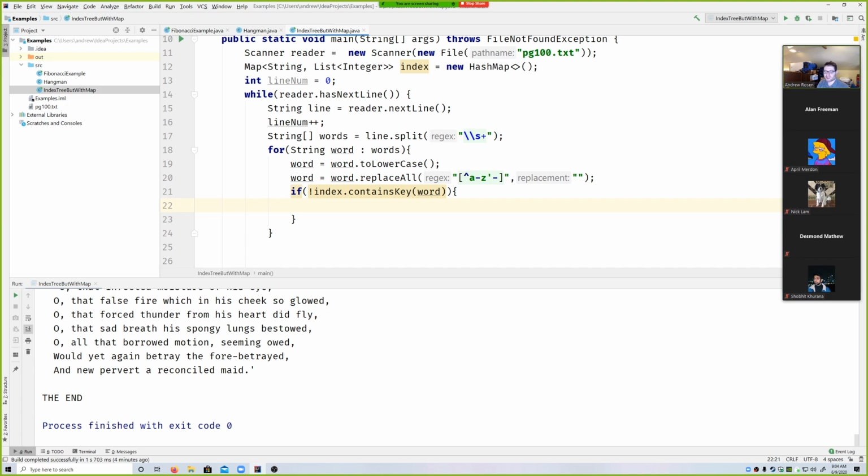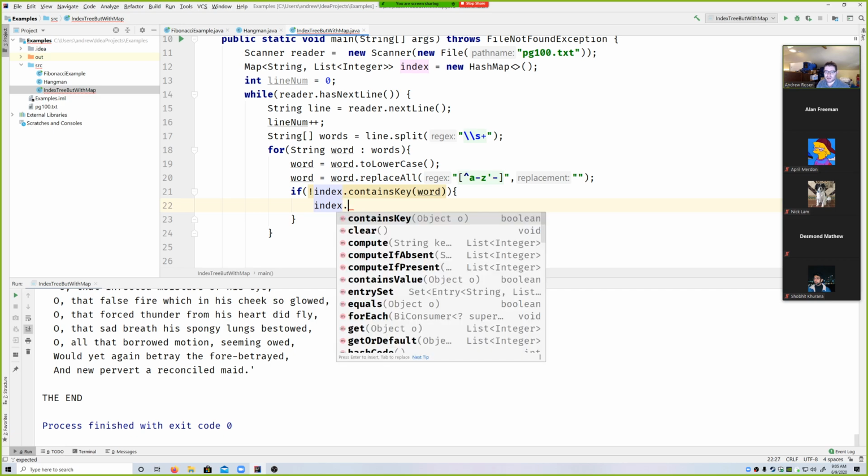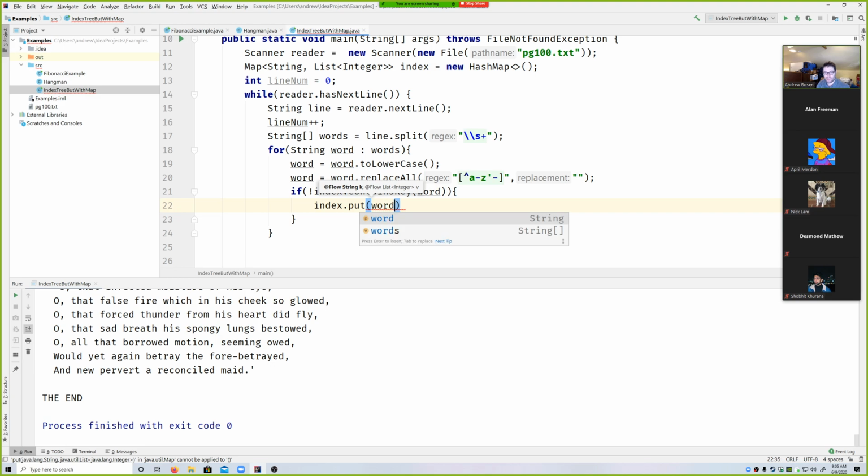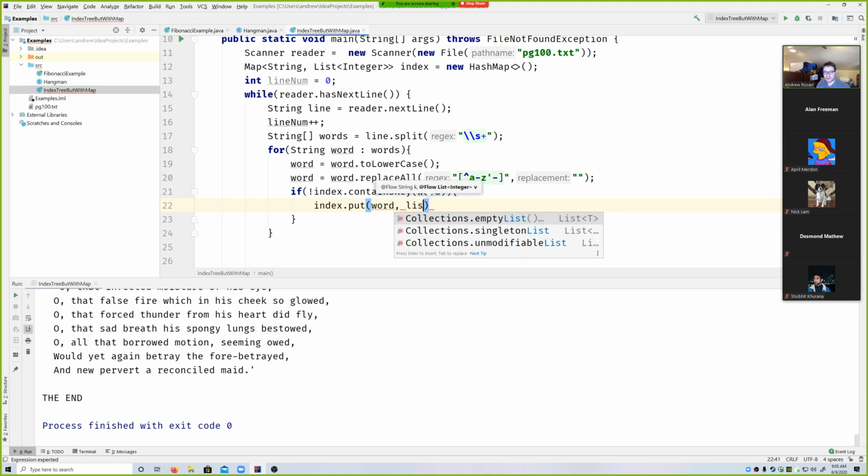This is actually fairly elegant. So first off, if I haven't seen this word before, I need to create a new association for it. So what I'll do is create that association right now. index.put word, and now I've got to create a list. So new